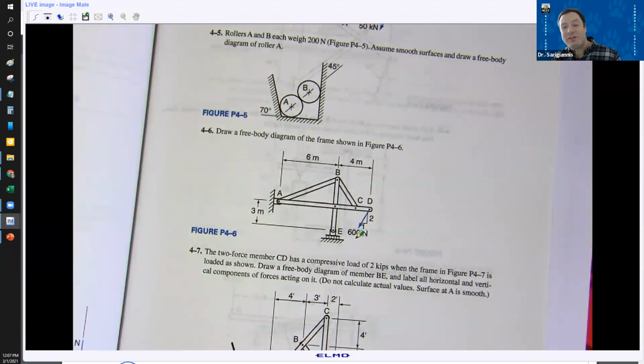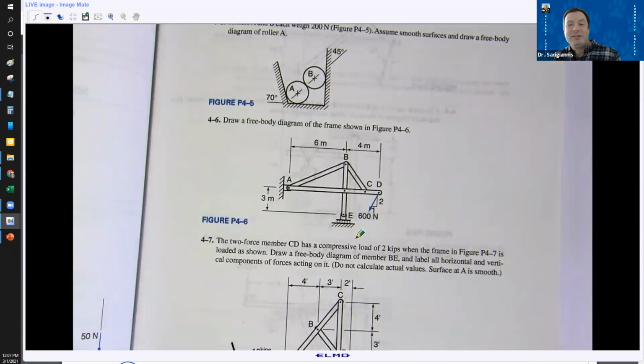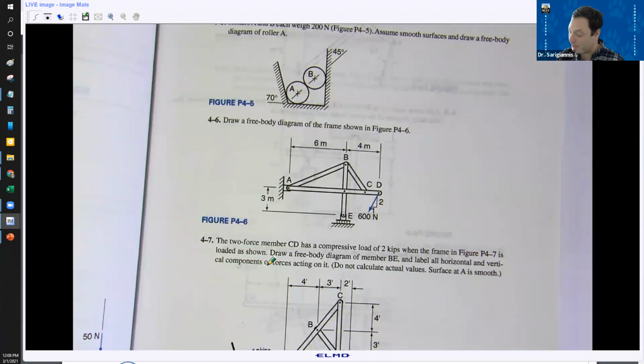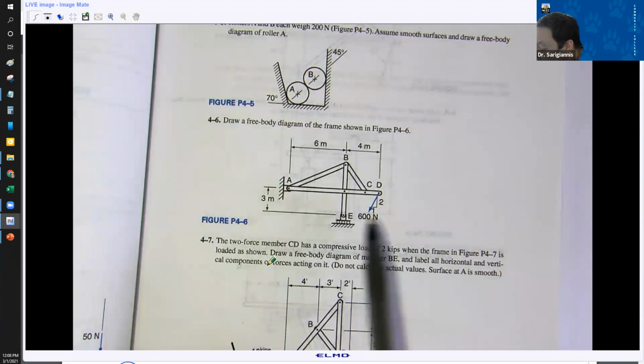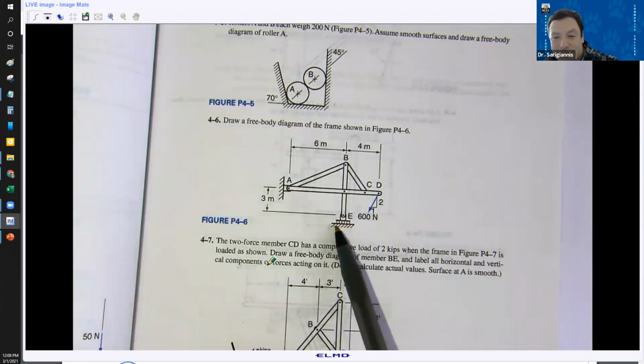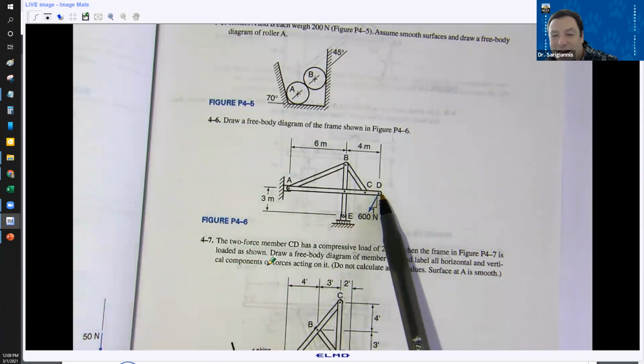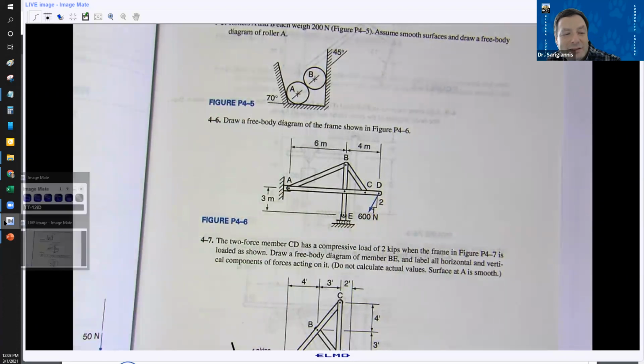Let's look at this one. This is 4-6, free body diagram of the frame shown in figure 4-6. So this frame is connected to the rest of the world by a pin joint on the wall over here, and there's a pin joint here on the wall. There is a roller down here at E. And then there's an external force acting at D. So when I go to draw that,